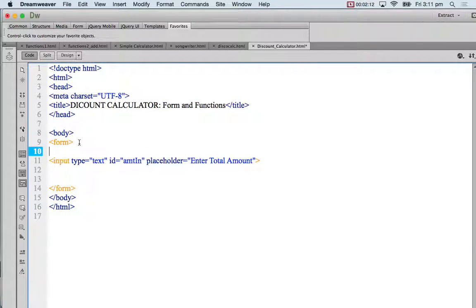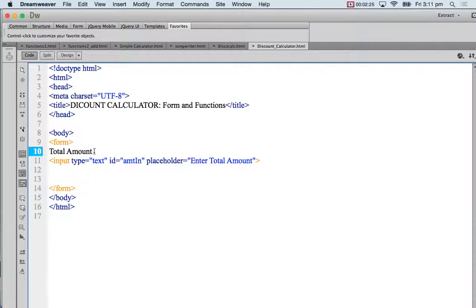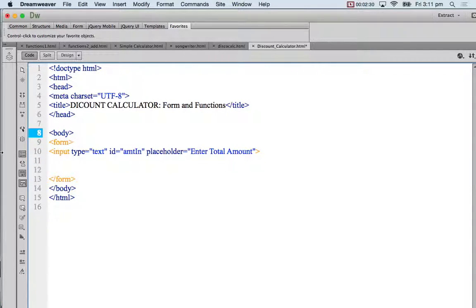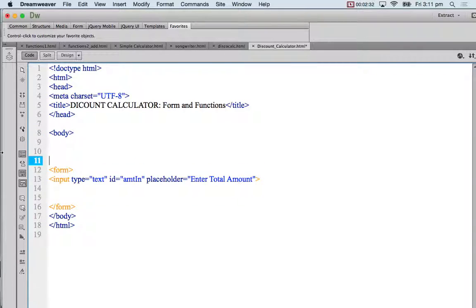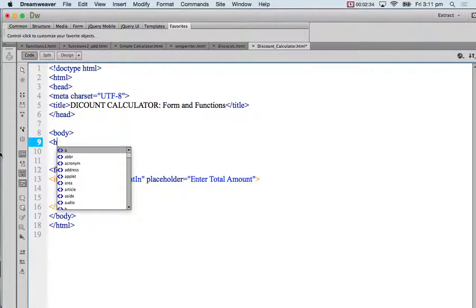Now with new generation apps, wherever there's placeholder text, it helps in making the app compact because I don't really have to do this total amount. I don't have to have a kind of a heading for it like this. But somewhere in my body, just to make things clear, I will have an h3 tag, let's say,